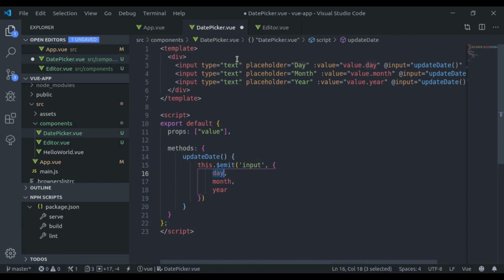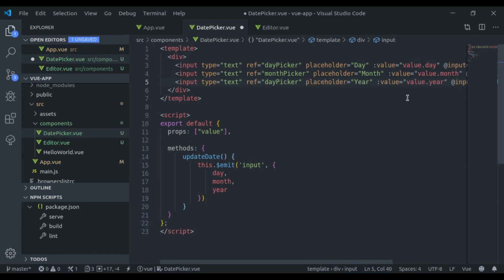For that, let's say here we have an attribute ref day picker, and this input field has the ref month picker, and this one has year picker.